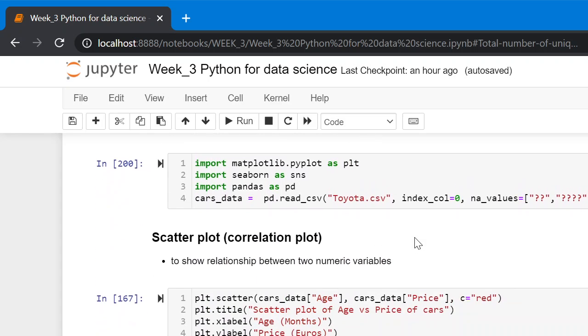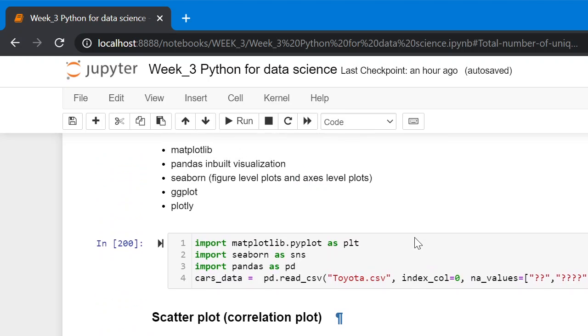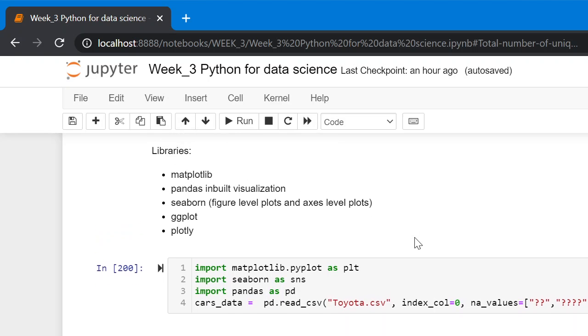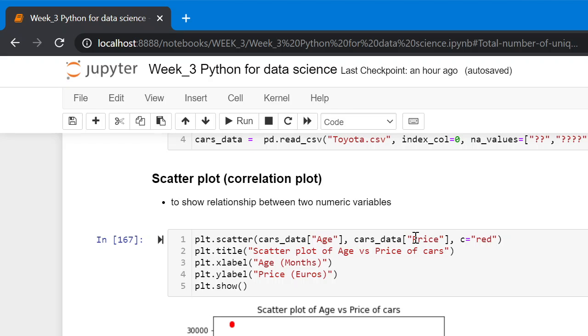Here we are going to see some of the plots we can make using Matplotlib and Seaborn. Scatter plot. The scatter plot or correlation plot is used to show the relationship between the two variables.